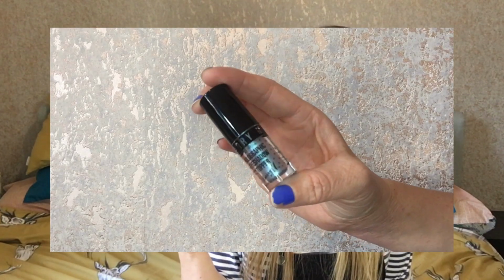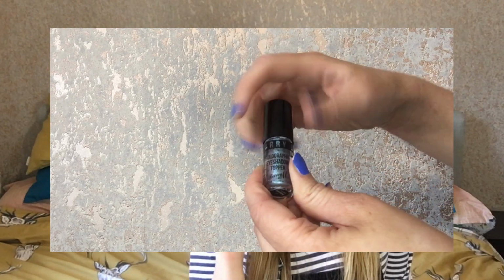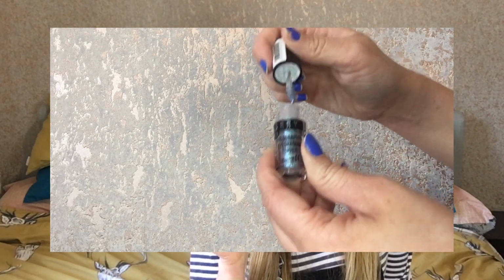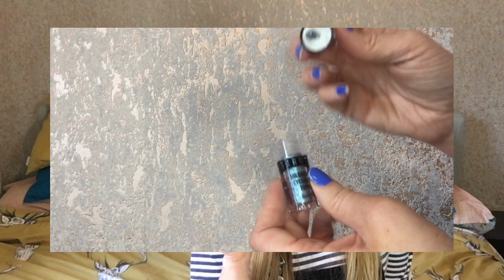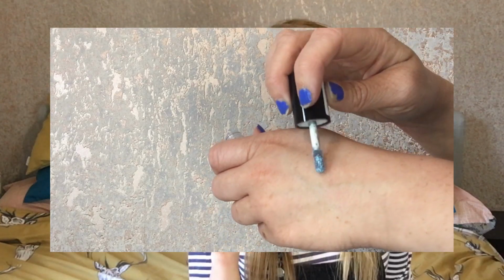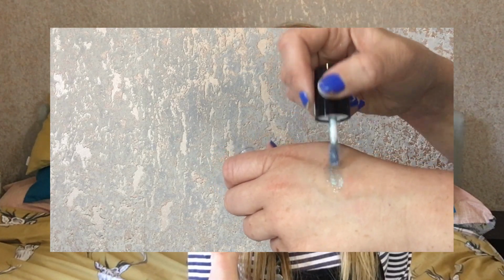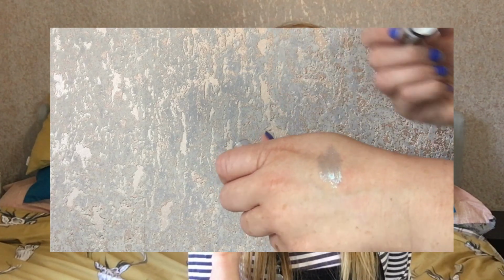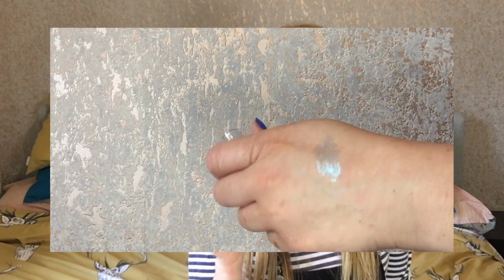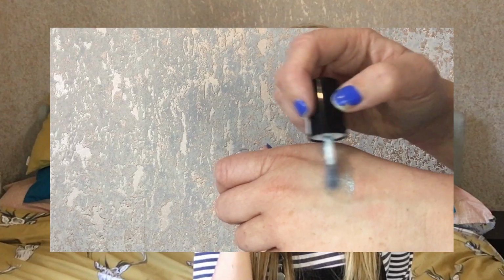Another one from Barry M. This is the Holographic eyeshadow topper. Now you'll see in the swatches, I was quite unimpressed with this, but sometimes it is different when you try it on your eyes, so I am willing to give it a go. It just seems a little bit sheer and like there isn't very much pigment to it, whereas I thought that this would almost be like something that you could just use as an eyeshadow. I think I'm definitely going to have to put some sort of colour on underneath and then have this on the top,